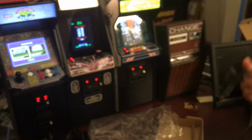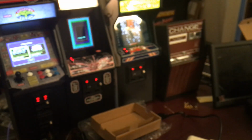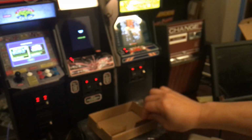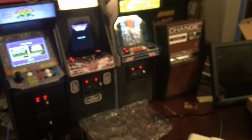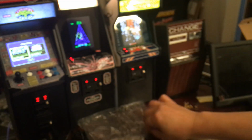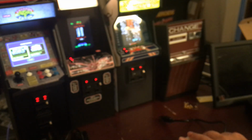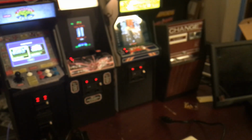ports. One game that I do know supports 5 players is Bomberman. That's off the top of my head, but I don't think there's a whole lot of games that support 5 players that I know of. So this is the plug, and the plug is not that long, so I guess it's okay because you are plugging directly into the Turbografx. So I guess the length is not necessarily important,